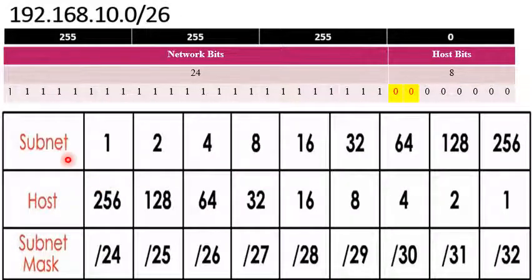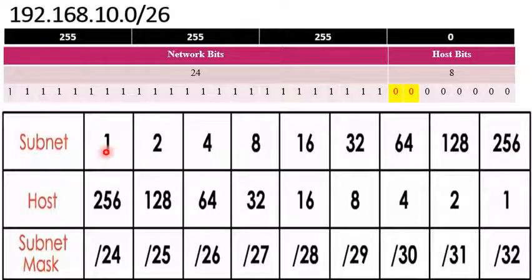Okay, the subnet mask obviously starts from 2 power 0, 2 power 1, 2 power 2, 2 power 3, 2 power 4, 2 power 5, 2 power 6, 2 power 7, 2 power 8. So the values are 1, 2, 4, 8, 16, 32, 64, 128 and 256. We have 9 columns. Every column has one value, and the next value will be double the value of the previous one. So likewise, this is the easy way to remember this.